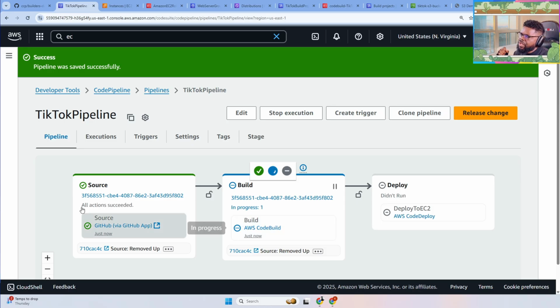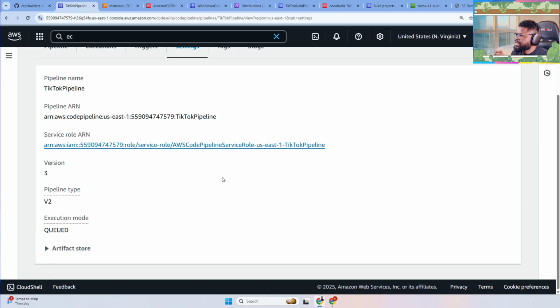One thing I also know is that, like I said, everything is streamed down in AWS, and that's why there is always the talk of least privileged access. Everything here must be given the permission to do what it needs to do. This pipeline right now can do many things. Let's go to settings, for example. This is the role CodePipeline is using to do whatever it's doing. So if I go and check that role right now,